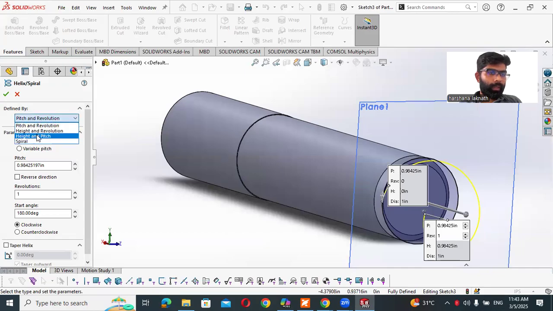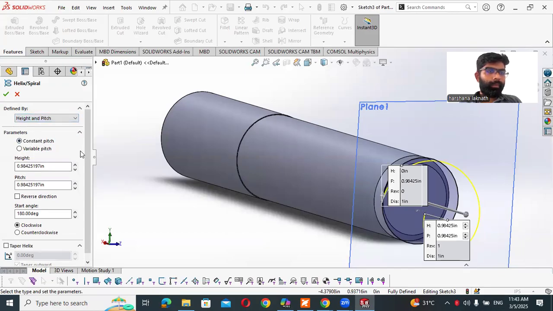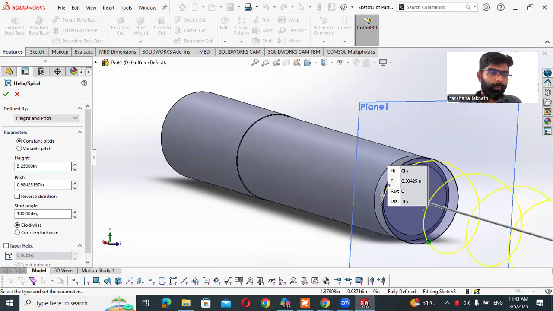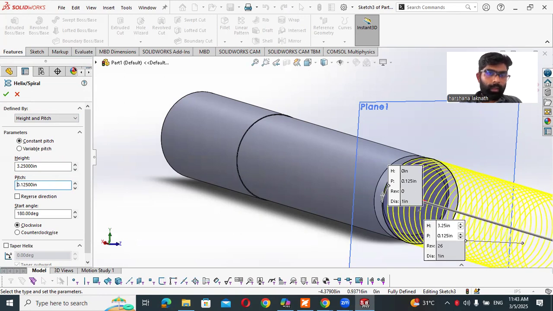We give height and pitch. Height is 3.25 and the pitch is 0.125. You have to reverse the direction,